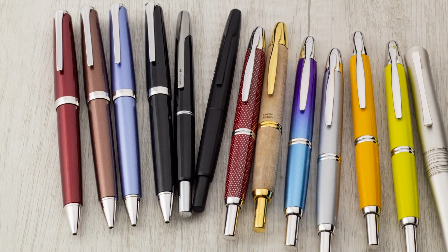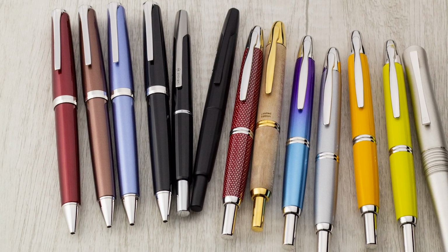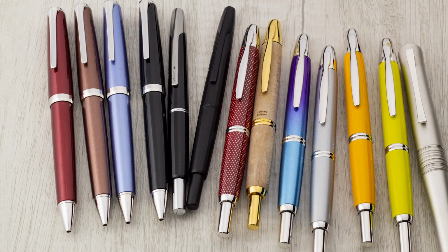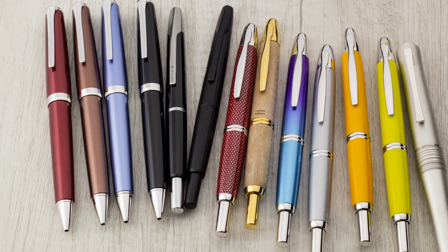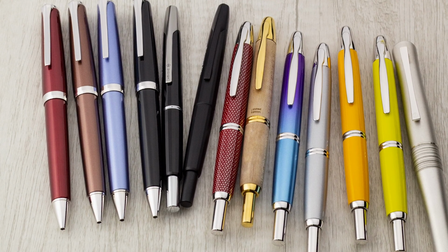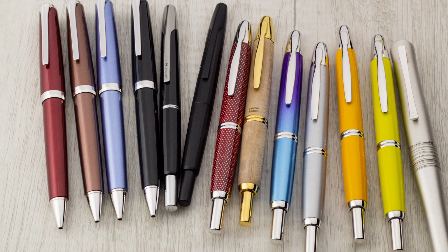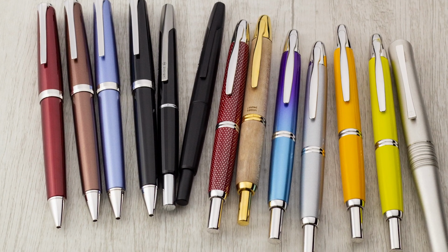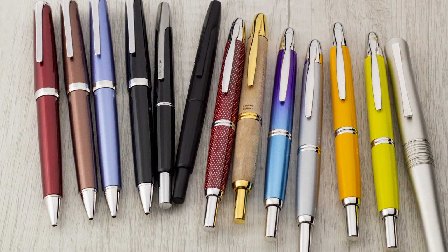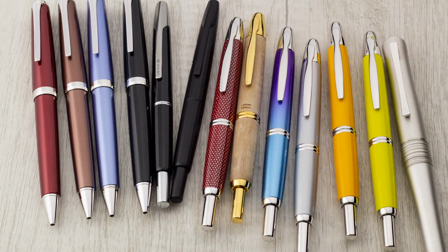And some Pilot Metal Falcon ballpoints. I like these. They're cool. They're really neat, actually. Great weight. But in addition to these, and these are all going up, these will go up on the website within the next week or so. Keep an eye out. I am also putting up some of our old Vanishing Points and some other pen testers